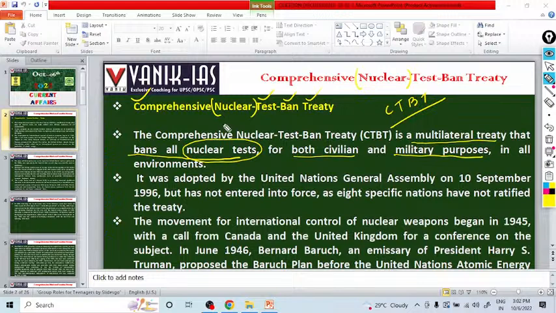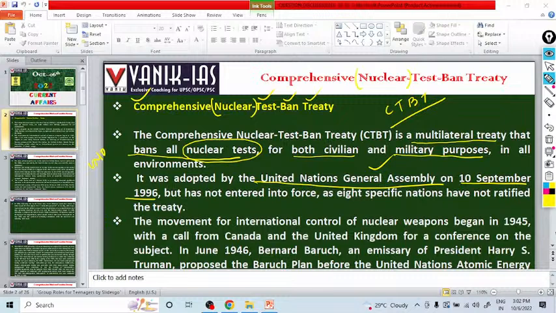It was adopted by the United Nations General Assembly on 10 September 1996. It is an international treaty adopted at the UNO General Assembly, which is the